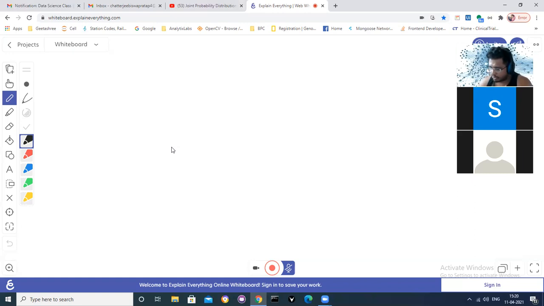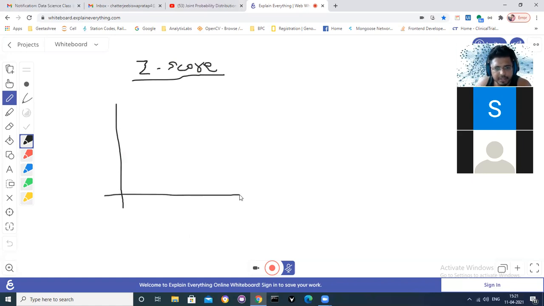Okay. So today we will learn a new concept called Z-score statistics. And this is what you were talking about, Shivananda. This is a very useful statistical instrument, apart from what you have learned already. So what he was telling is, what do I mean by a Gaussian distribution? Okay.